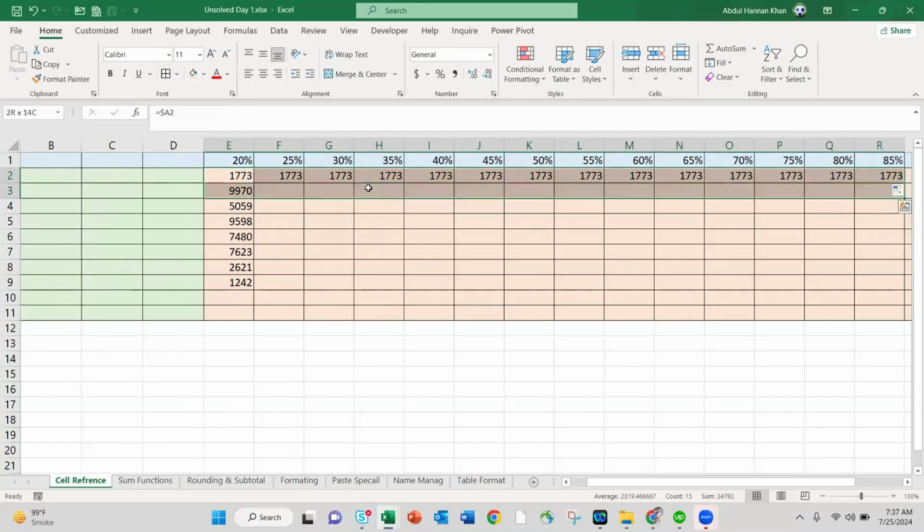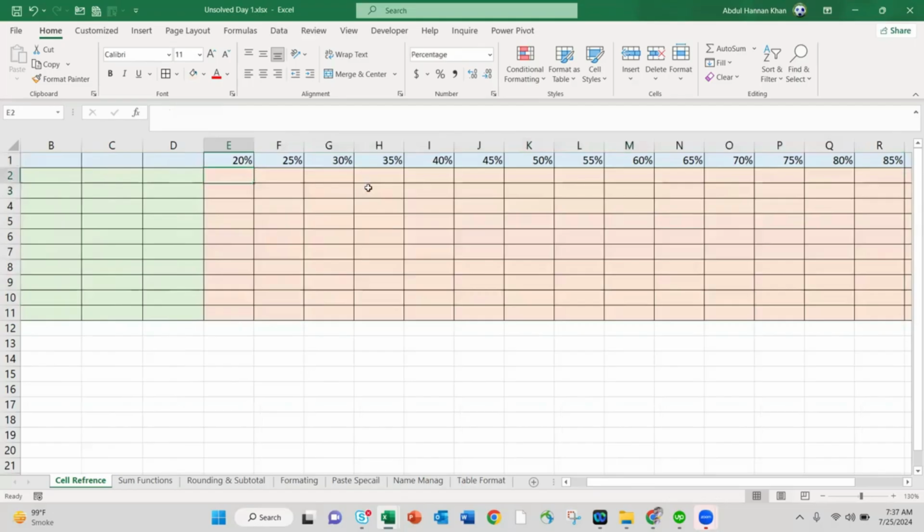Similarly, I want this 20%. When I move downward, it would be 20%, 20%. And when we move right, it would be 20, 25, 30%. How will I do this? I'm referring to E1. Okay, it is 20%. I move it downward. It is great. It is working. But if I move to the right, it is also great. It is giving me this value. But if I copy this one here, you see,